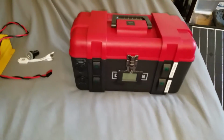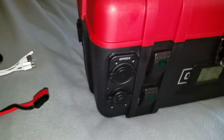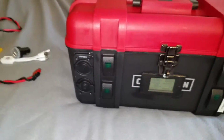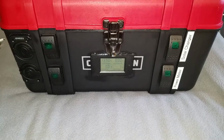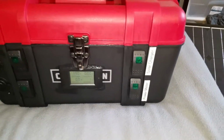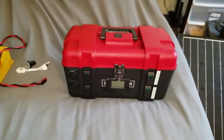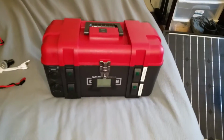It was kind of a pain to build it because I had to cut out everything to get the stuff in here, and it's very hard plastic. So if you had like a Dremel or, I don't know, a jigsaw or something, it'd be a lot easier. I actually did it all by just pocket knife. So it was very difficult, but if you have the right tools, this is actually not too difficult. You just got to cut out the holes, snap the switches in place, put a little silicone on it,